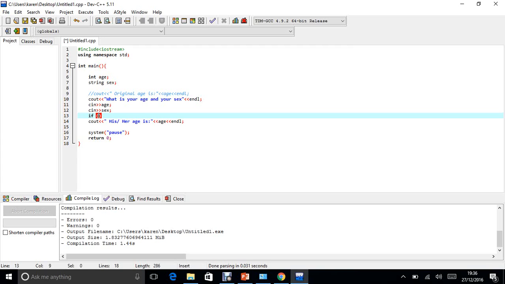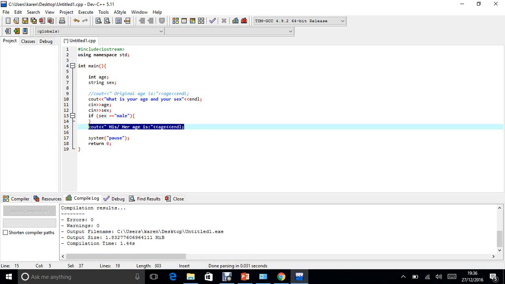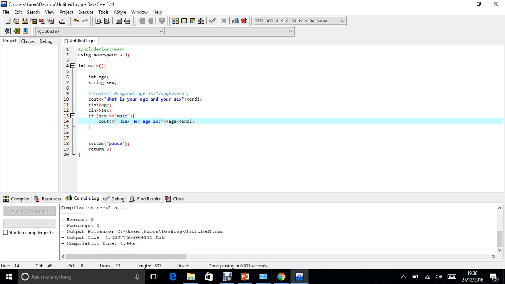If sex equals male, then do this, then do this. His age is that. Then you do else